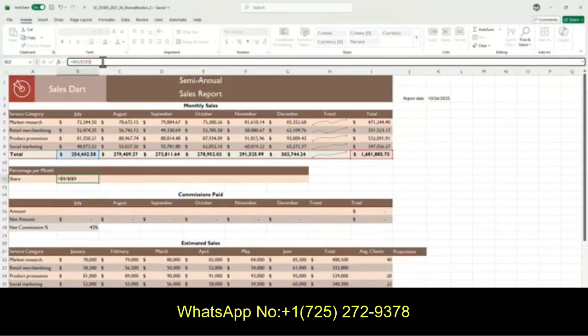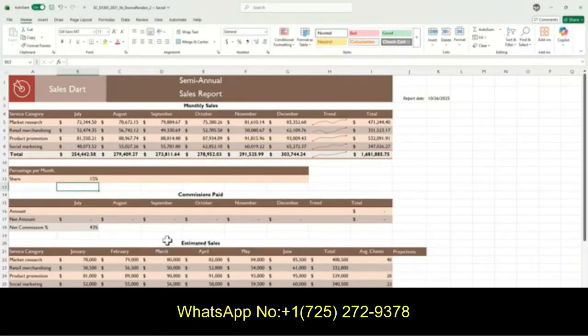Okay, so the formula should be equal sign B9 slash $I$9. Or you can just press F4 when you have that I9. Okay, there you go. It should be 15%.